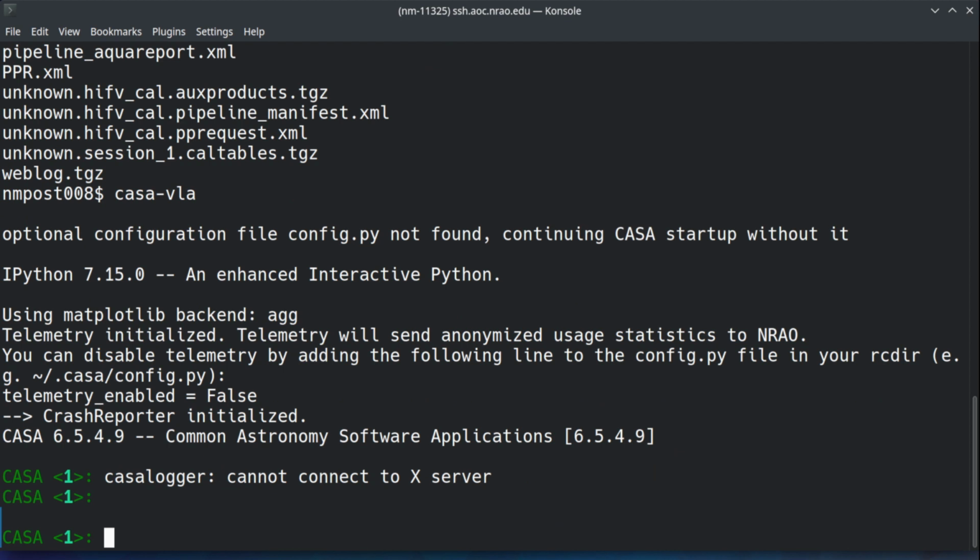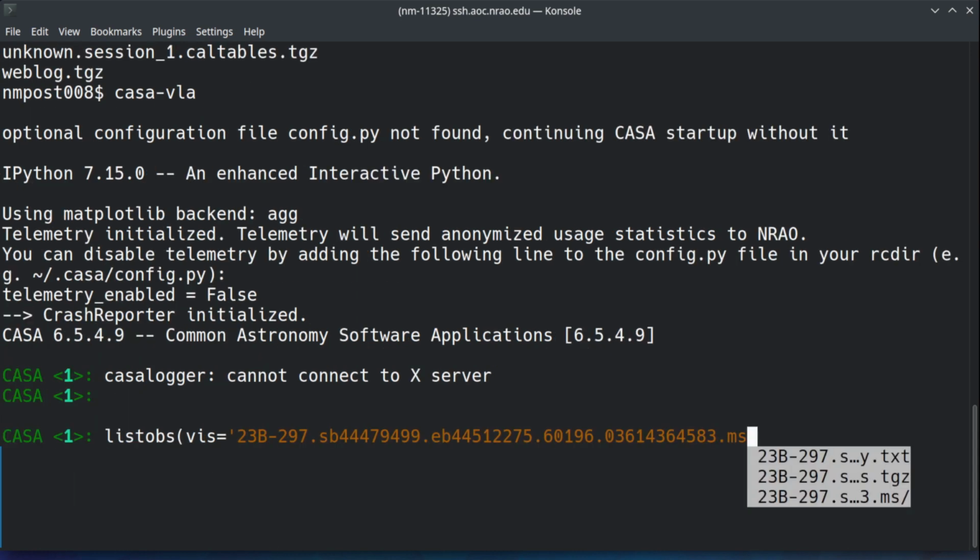We get an error here that CASA cannot connect to an X server. That is okay in this case, as we are not going to use any plotting commands on the NRAO server, and we are simply using it to split off our data. Now, we want to list the observations. So we're going to use the listobs command, and we're going to name our visibility. In this case, that's going to be 23B-297. I'll use tab to complete,